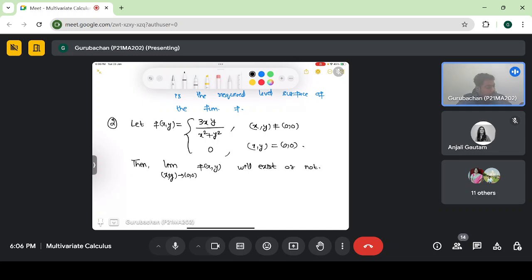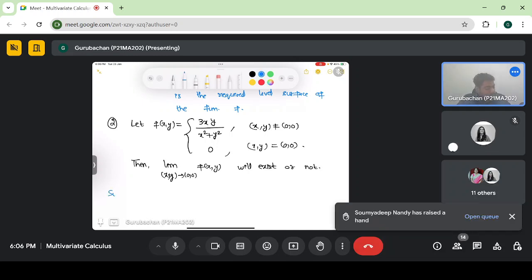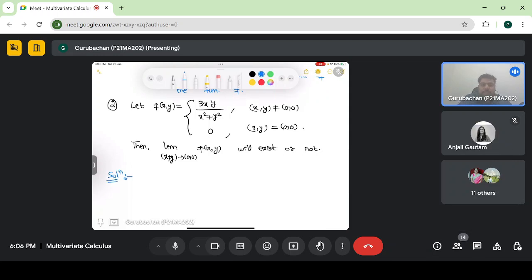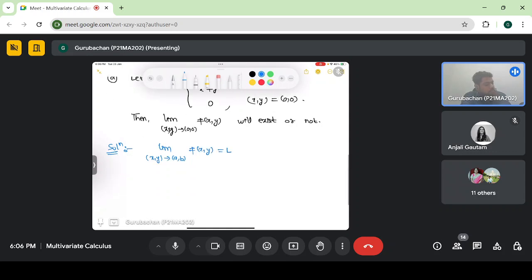So in the lecture, we have learned how to calculate or show the existence of this limit. Let me recall first. For the existence of a limit, we need to apply the epsilon-delta definition, which is as follows. Suppose I am talking about any arbitrary (a, b), and the limit is equal to L,